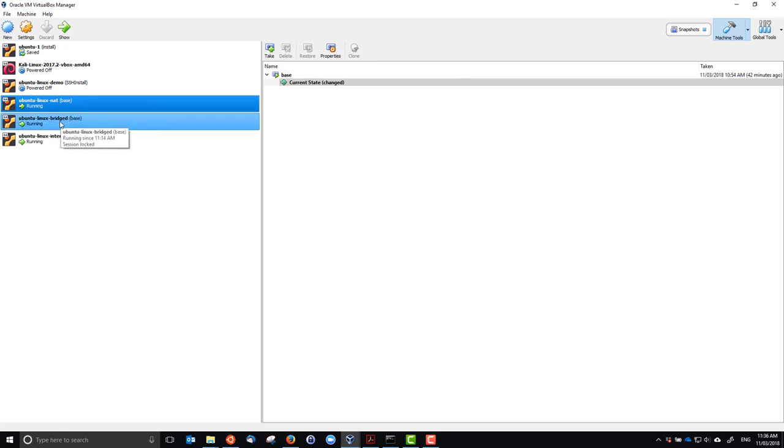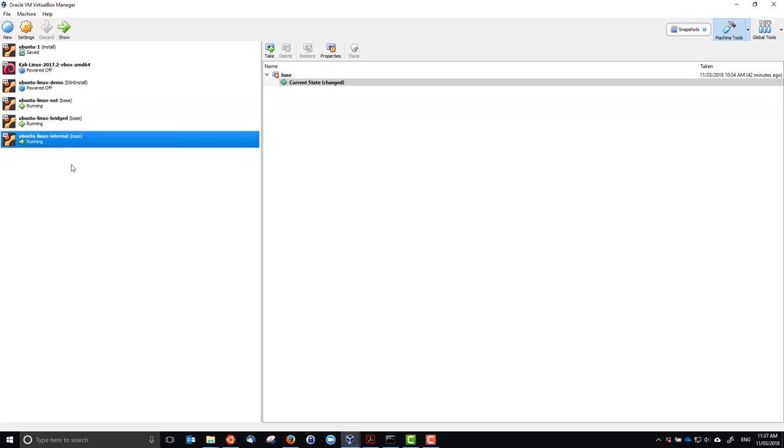Bridge networking, where we have the guest having essentially client access to the internet plus communication with other nodes inside the VirtualBox and inside the real network. So we can potentially have other nodes accessing servers on the guest. And then we saw internal networking, where we can have the VirtualBox guests communicate with each other. They can have internet access if we also enable the NAT on the adapter. We may need to do slightly more settings if we want to allow them to communicate with each other and with nodes